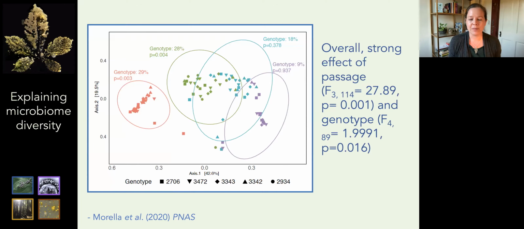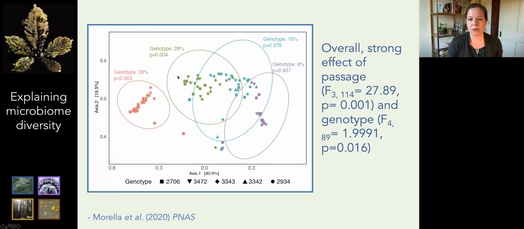But what did we do? And so this is another one of those principal component plots where you can see change through time. And far left here in the red is that first passage. And what we find in the first passage is that genotype, there were 5 different plant genotypes, explained about 30% of the variation in who colonized. So in other words, it mattered what the plant genotype was for which taxa settled there and thrived. The other thing to notice is that, of course, time matters.